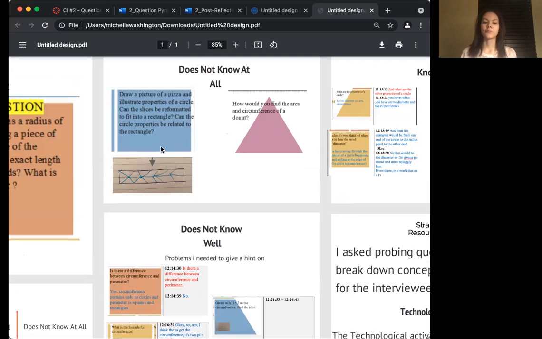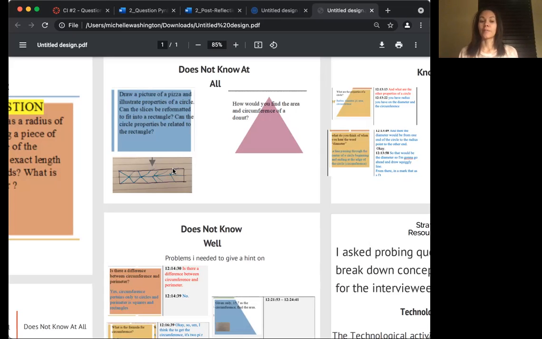So I broke that question down by first asking him to draw a picture of a pizza and then put those slices into a rectangular box. So I drew the box for him, and this is how he formatted his slices. And when that was drawn, I knew that he was not going the route that I needed him to go. And so I dropped that question at that point,